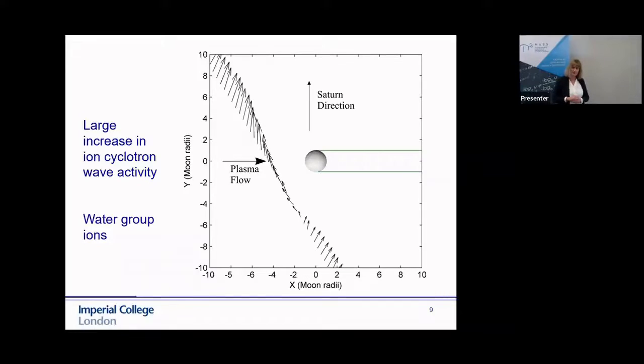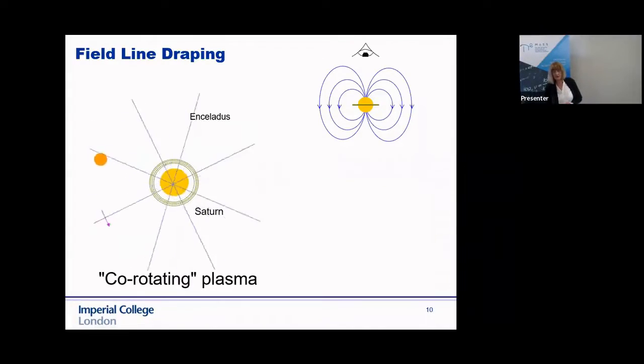And what you will see is it's almost as if Enceladus is a much bigger body than it looks. Something's stopping those field lines from actually penetrating down onto the surface. So it's almost as if they're being held upstream of the moon. So with that in mind, and also the fact that we saw that large increase in wave activity, which was ion cyclotron wave activity, we were able to work out what ions were actually generating those waves, and it was an increase of water-group ions. So based on those two thoughts, and the fact that we saw similar signatures on two flybys separated by three months,